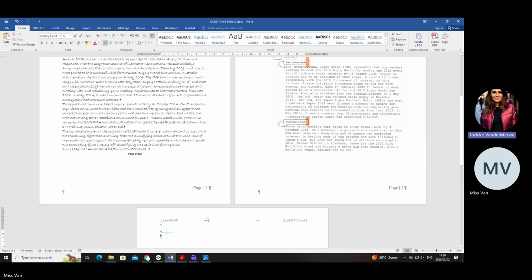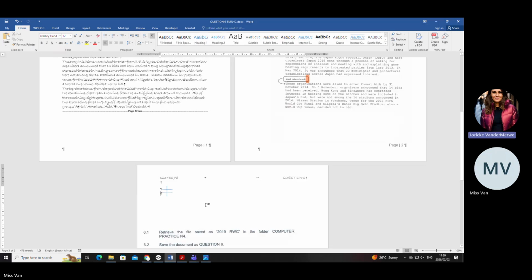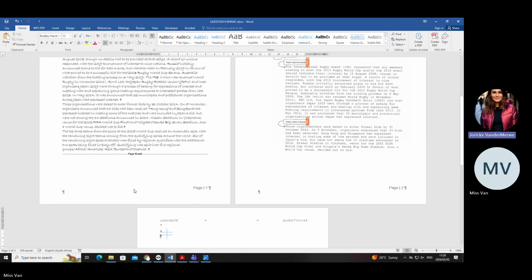The reason why I say that is when you go to that part where you have to put in 2 breaks, you will have to count it like this. This is what is at the back of your question paper on page 13.